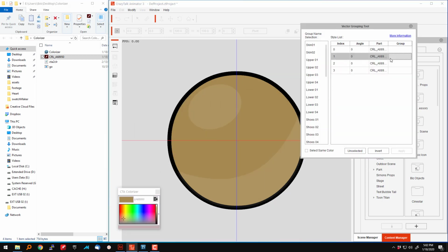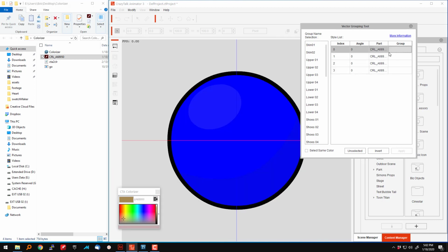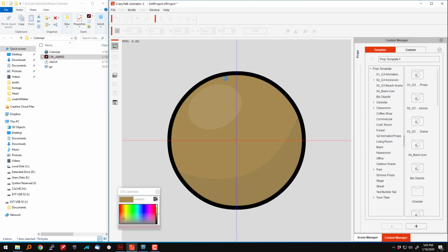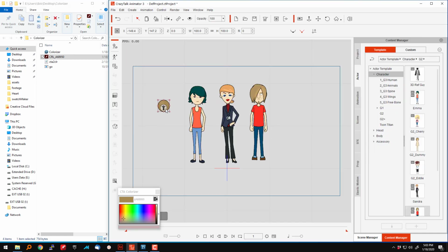I'm going to look for the base color, and here it is. I'm gonna assign that to the color that I want to change. So in this case I want to change skin 1, hit apply, and we're gonna go back to our stage. So now this little prop is render style enabled, and I can use it to color my characters using this apply select render style button here. So I just drop it in there, boom,